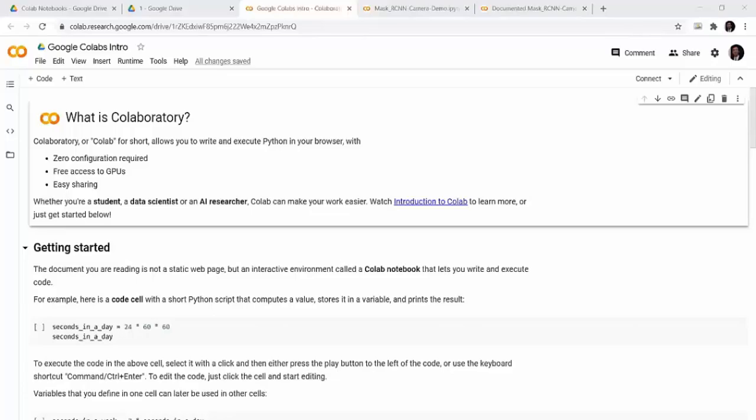Okay. So Google Colabs is just a very useful service, and it can help you do a lot of cool stuff. So just to begin,